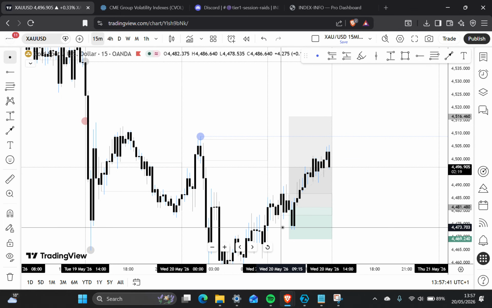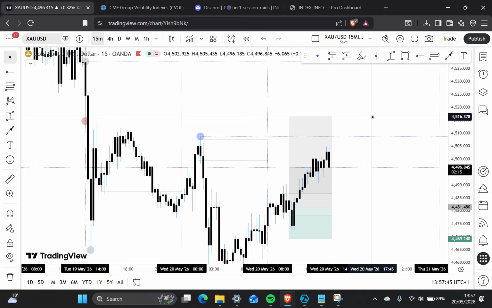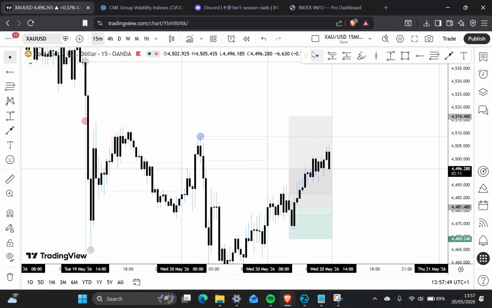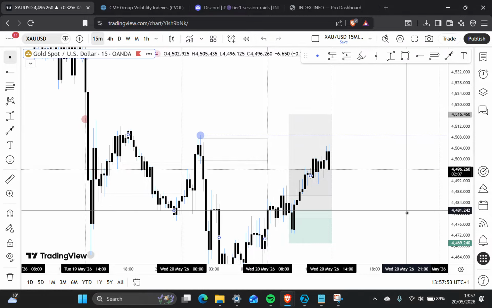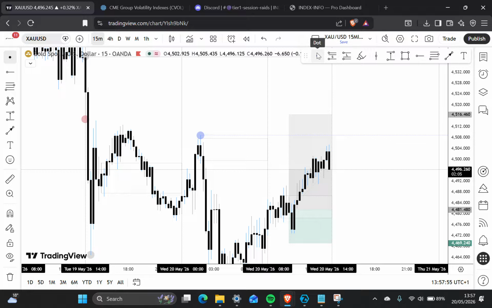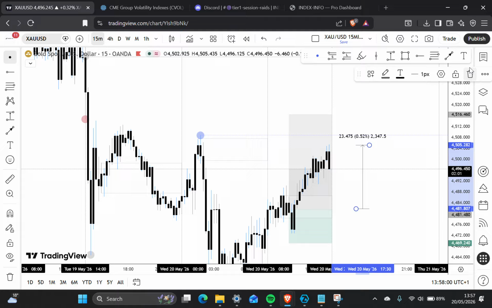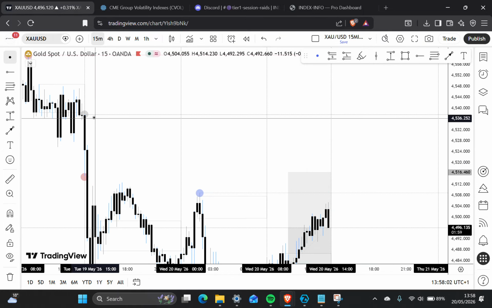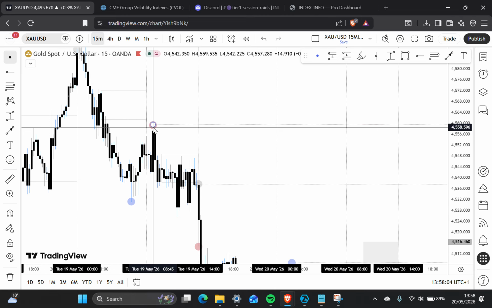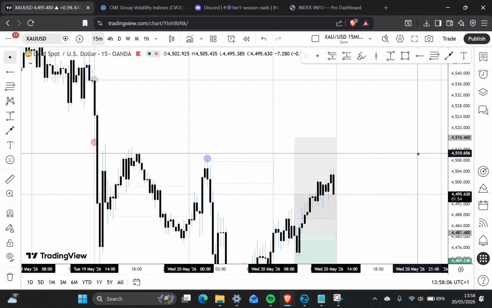Current session, Delta play. Yeah, we are in a Delta model. And that's it. You just have to see it for yourself, day in, day out, time and time again. And then once you practice it in real time, it's a walk in the park. By the way, I'm holding this towards 4,560s.